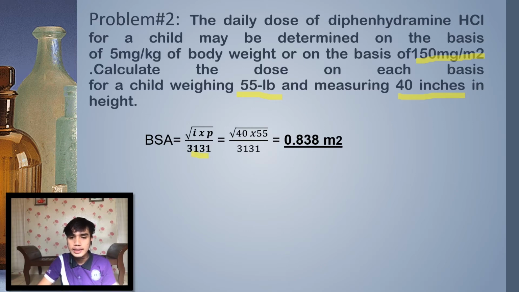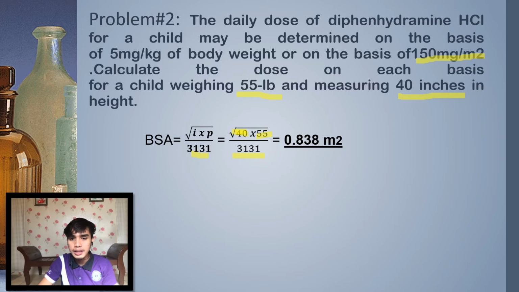So, what's next? Simply substitute each value from the problem. Here, we have 40 for the height of the child in inches, and 55 for the weight of the child in pounds, over 3131, which is constant. So the first thing to do is multiply 40 by 55 and then divide that value by 3131. And the quotient will be